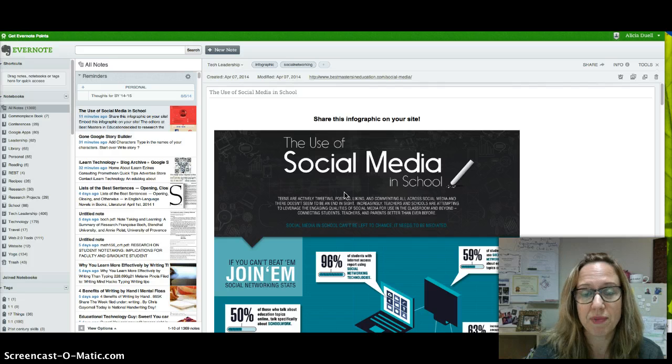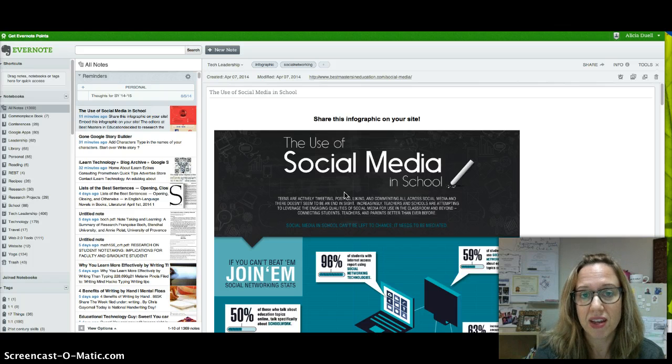Also, it allows me to create my own notes. So if I'm in a meeting or if I'm at a conference, I can just create a brand new note, which is blank, and then I can add to-do lists to it. I can just edit it like a Word document: bold, underline, bullet points, all of that stuff. So then, just like in real life with paper, I could put it into